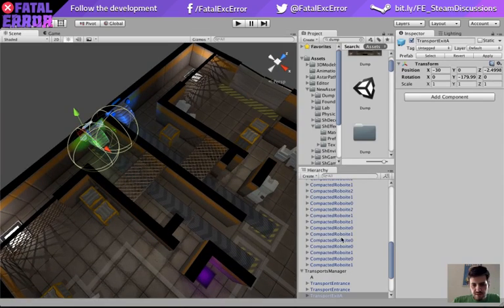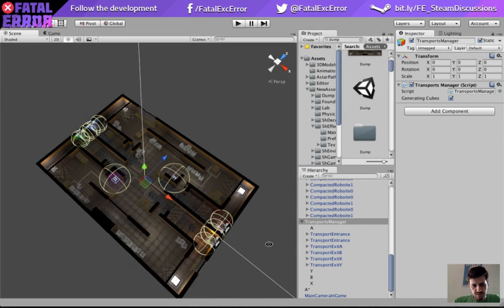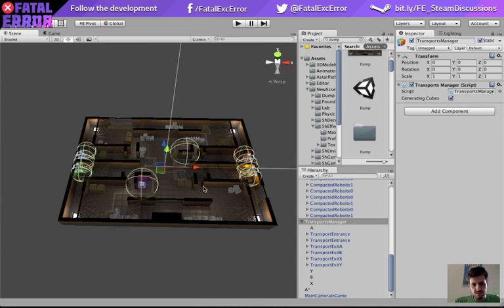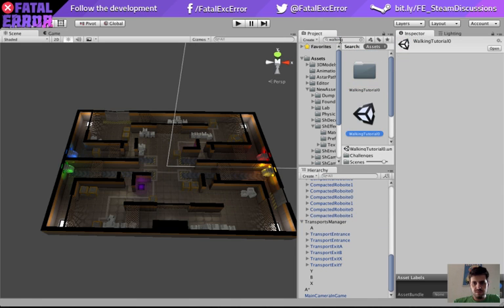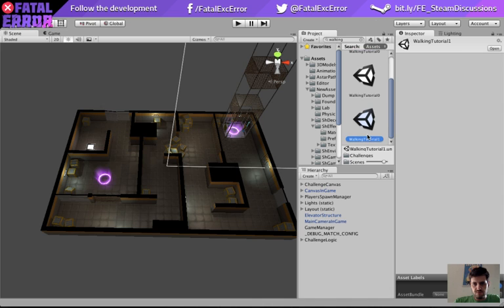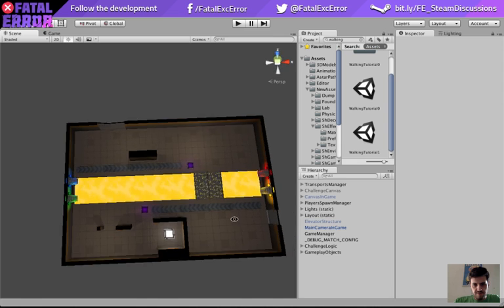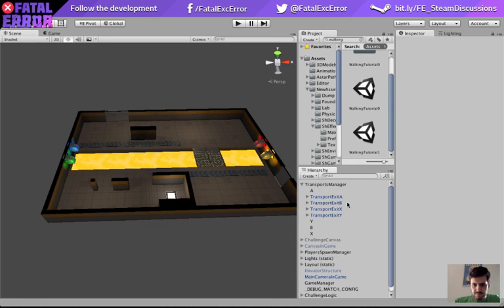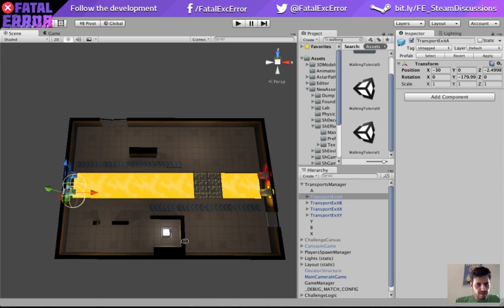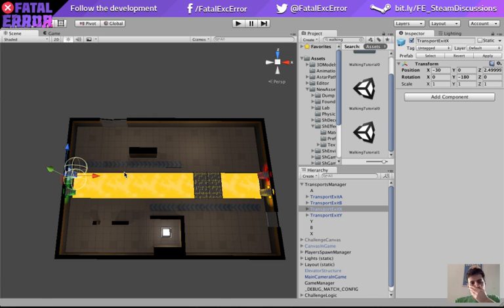So you see, this is made in an object. It's all in an object that's called the transport manager. I'm gonna just copy this and paste it in the other scene for tutorial 1. I'm gonna paste it here. I'm gonna appear in the same positions. I'm gonna remove the entrances, and I'm gonna just skip 2 of them, I think. So which colors